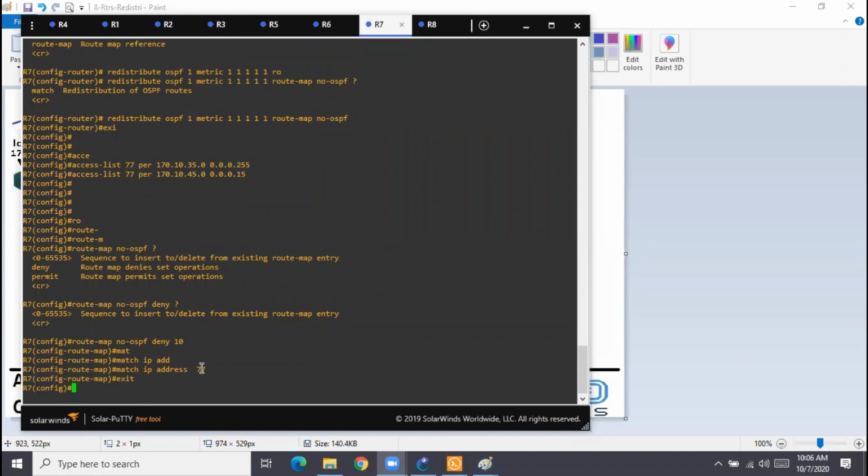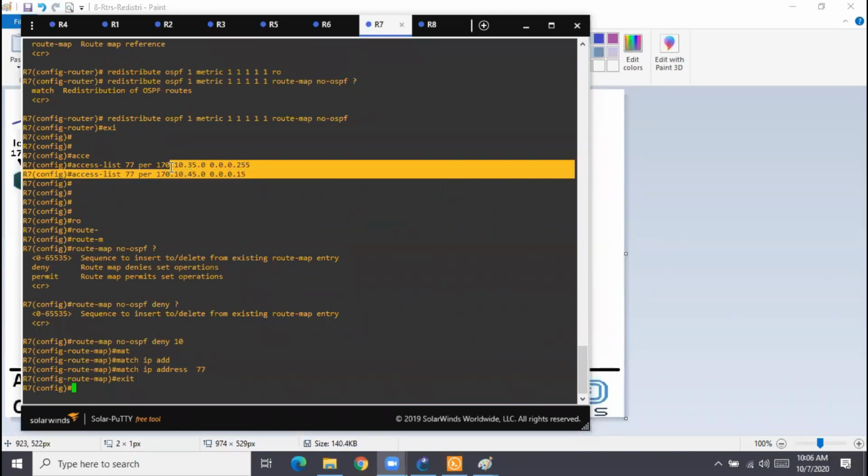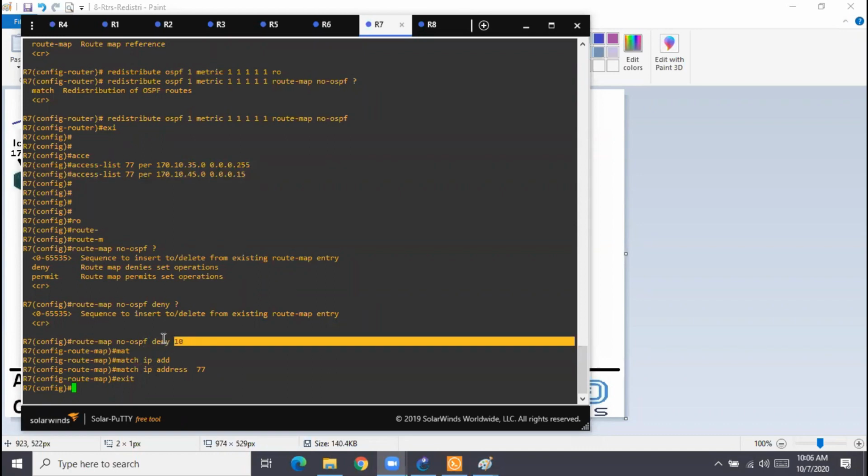Access list 77 I put under which sequence number of the route map? 10. So route map 10 is using access list 77. And access list 77 says, hey, whatever you permit, send them. So what the access list will permit will send these two routes to route map sequence number 10, and route map sequence number 10 says I am going to deny you guys. So route map now says you guys are denied.